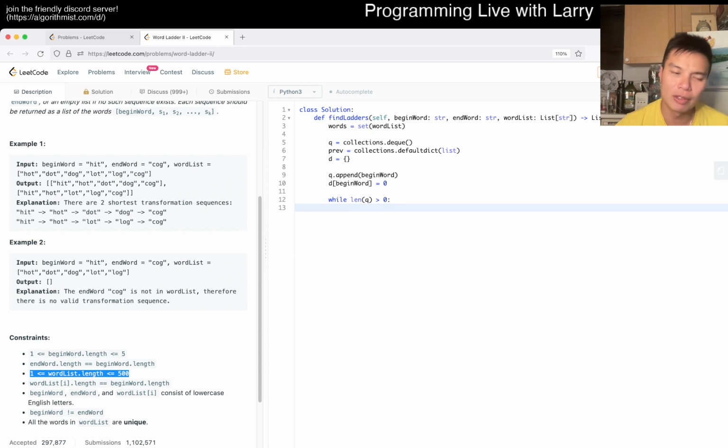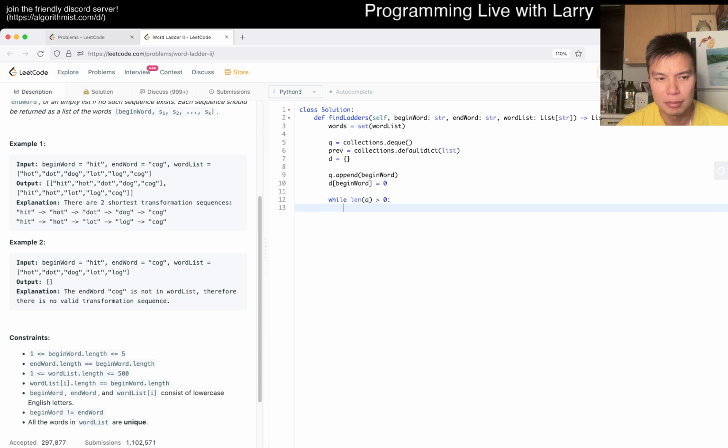Wait, so the two ways you can do it is by looking at every word to see if this is close to this word. The other way of doing it is just by looking at this word and then trying every letter of the alphabet, right? So 26 to the 5th is going to be 11 million. So let's do the word list brute force instead, right?